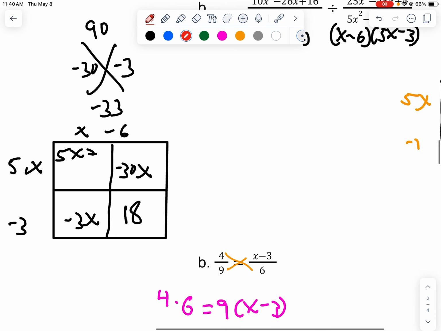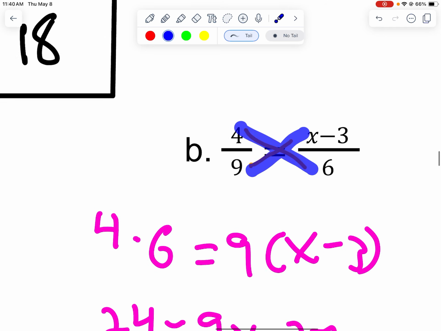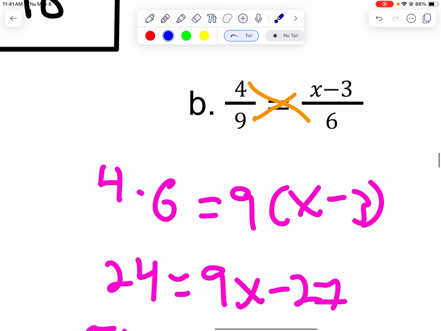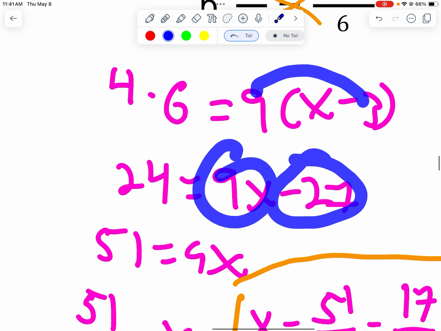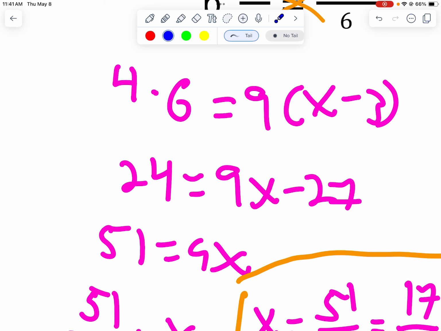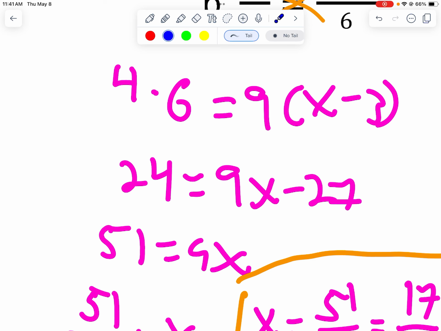Number 7b, you cross multiply again. So 4 times 6 is 24, that's this. And then 9 times x minus 3. Distribute the 9 in: 9 times x is 9x, 9 times -3 is -27. Hook up the numerical answers. So 24 plus 27 is 51. So we have that. Divide by 9, and we get